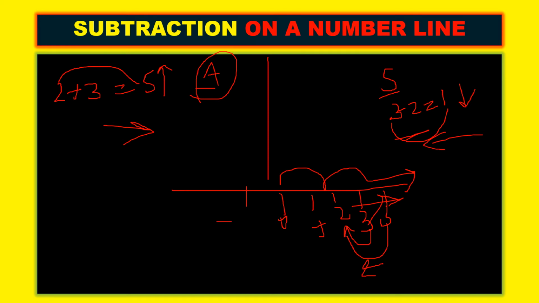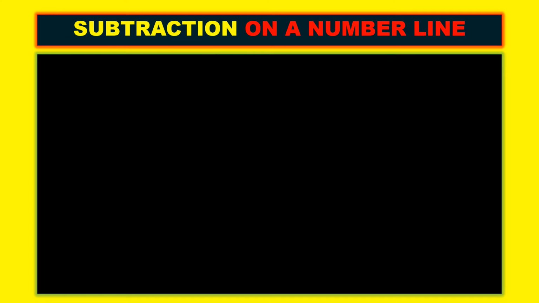Clear. Now for indication on the number line, for addition, please indicate on the top of the number line. For subtraction, indicate on the bottom of the number line so that you will not be confused. So I will give you again, addition, subtraction. For addition, right side and top. Remember any one thing, the other one will be opposite to that. Subtraction, right's opposite is left, top's opposite is bottom.